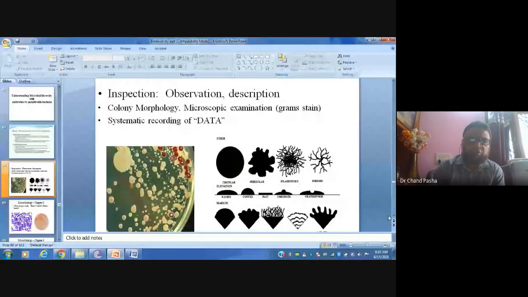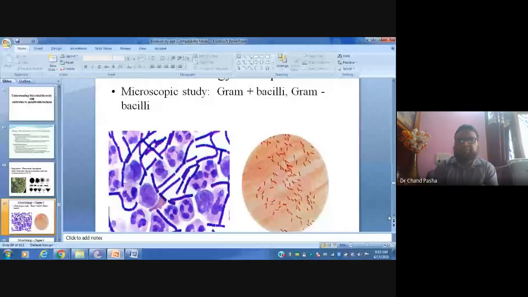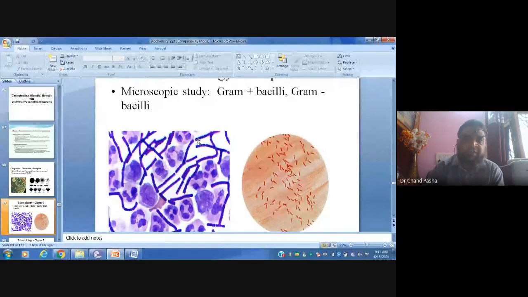And microscopic characteristics, I hope you did this experiment. See, these are the Gram negative and Gram positive bacteria. These are short Gram negative rods, most probably E. coli. And on the other side, you can see Gram positive rods arranged in chains, or there could be a sheath. You can see at this particular site there is a space in between the two cells, but still they are arranged in a single lane.